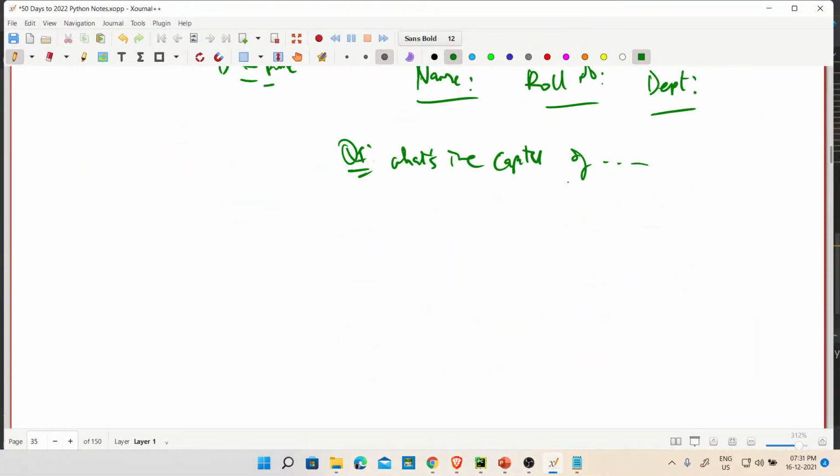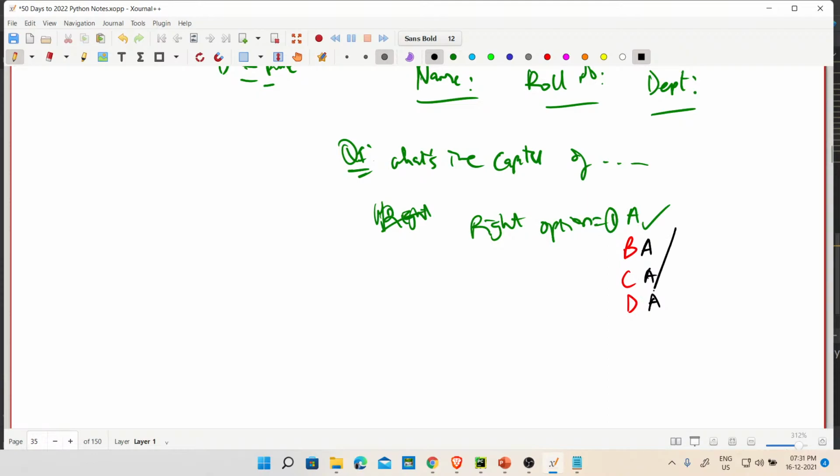Now the right option is A. So what I will do, I will make a copy of this A. A is there as the question number 1 right option. Now what happens? I have A, B, C, D, right? So it's not going to appear as A, B, C, D. If the right option is A, what I need to do is replicate everything here as A. You got the point? And then I'm going to delete the rest and leave this guy. So that is what we are doing here.